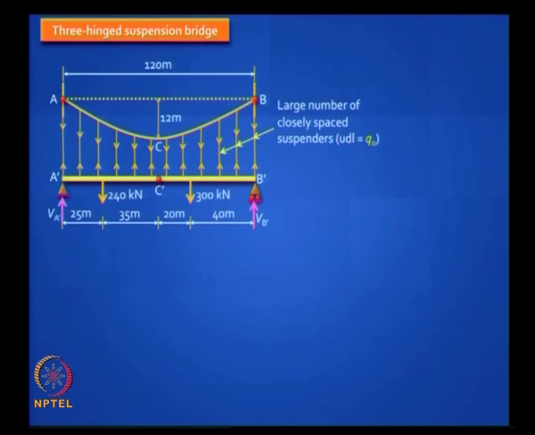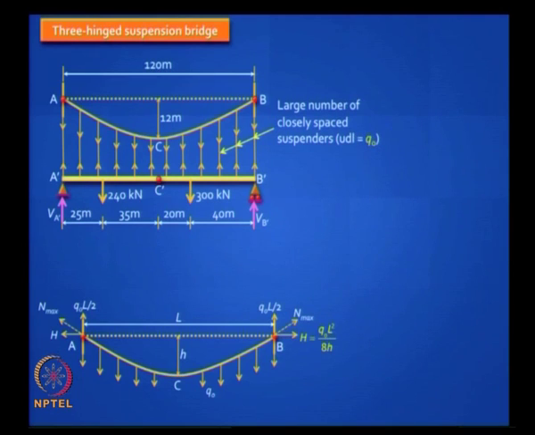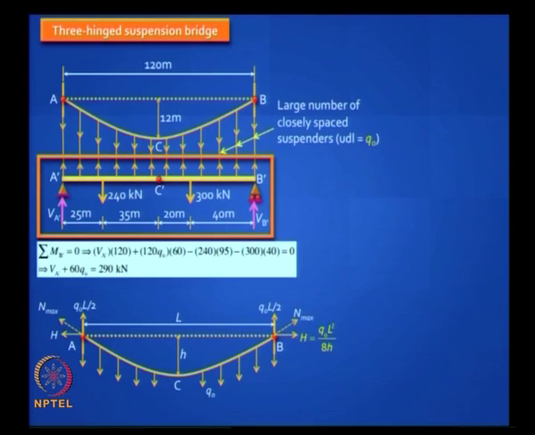If it is indeterminate, then actually the force in every cable can also be different. That is a real problem, but this is a simplification. So if you isolate the cable, you will find that there is only one unknown, the uniformly distributed load Q naught. If you know Q naught, then you know the rest of the problem. So how do you solve for Q naught? Well, if you take a free body of that stiffening girder and you analyze it, you take moments about one of the ends, you can find a relationship between the vertical reaction and Q naught.